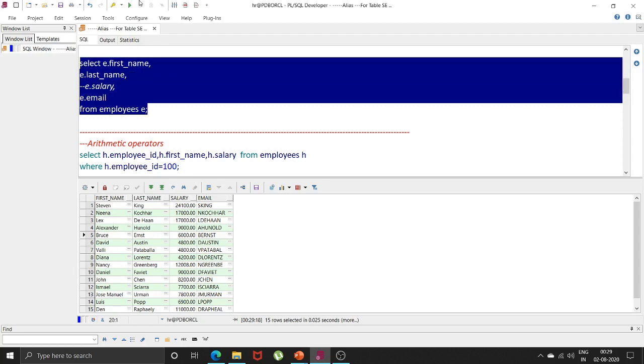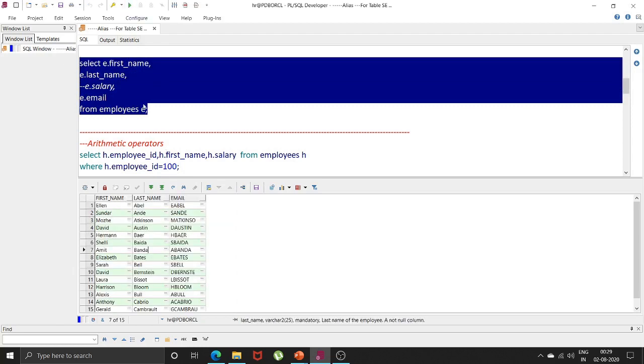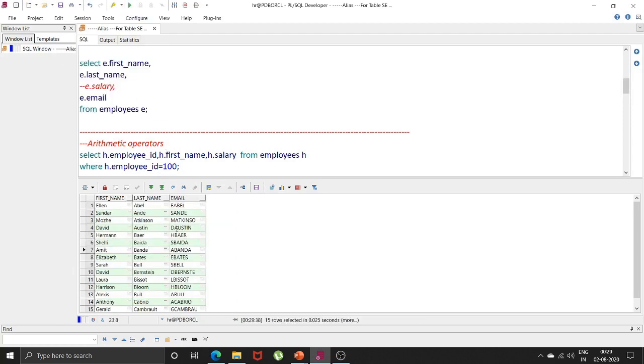If I execute this query again, you will see that my query is not able to fetch a salary. I am only getting first name, last name and email from my employees table, as I have commented the salary part. Now suppose I want to comment multiple columns. Either I can put 2 dashes again and again on each line,